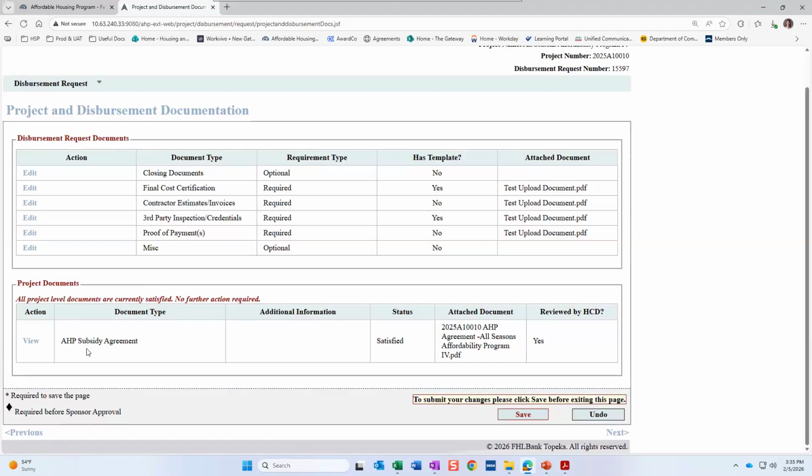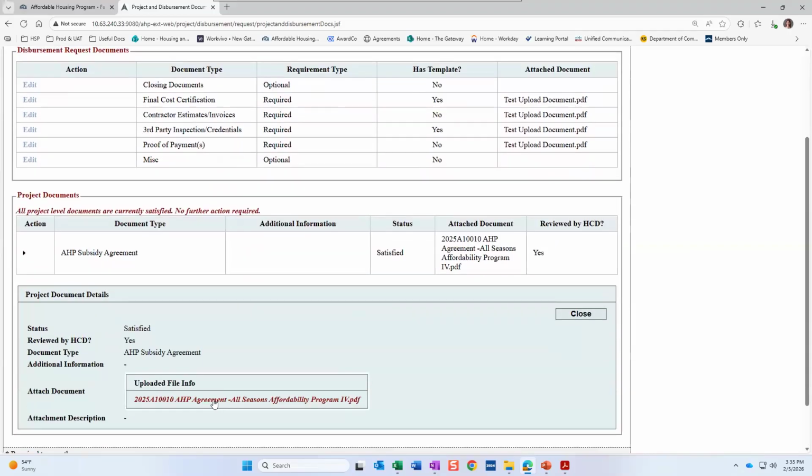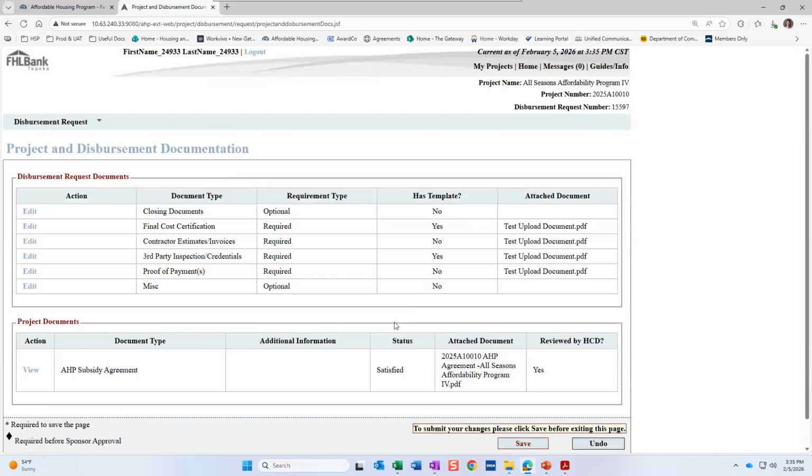So if there's a certain document that we need to be able to reference in every single disbursement request, instead of requiring you to upload it over and over and over, we'll just upload it to this project documents section so that it can be referenced time and again so that you don't have to keep uploading the same thing over and over. One of those things is this AHP agreement. So your legal agreement that you recently signed, you'll find a copy of it on this screen. Just like you see here, you can view it. You can download a copy from here if you would like. Can't edit or delete it or anything like that. Again, this is just strictly for informational purposes and for your downloading if you would like to have it.